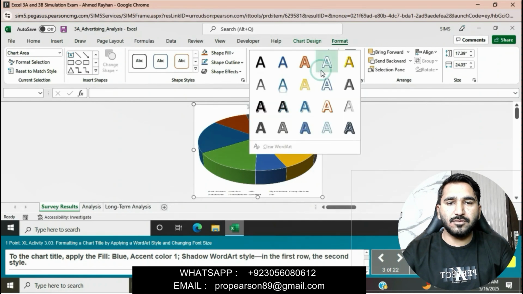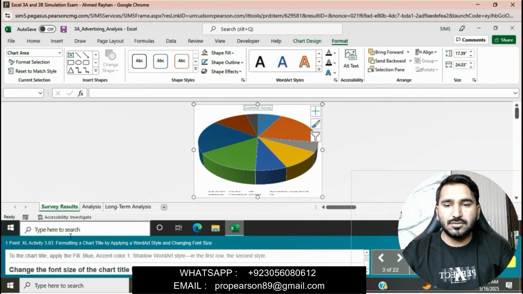Simply click on format and then go to the WordArt styles, and then we will apply this blue accent 1 shadow WordArt style in the first row. Change the font size of the chart title to 16 point and then deselect the chart title. We will change the font size of the chart title to 16 point.